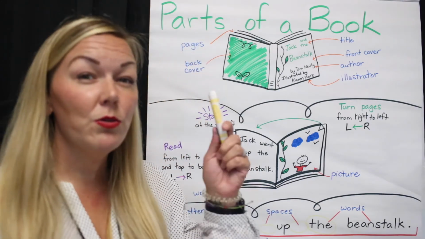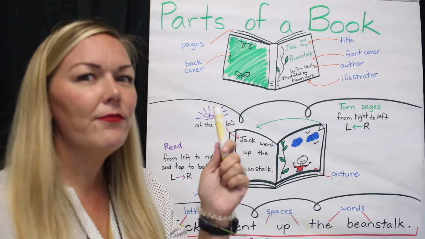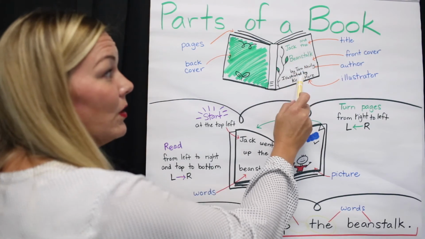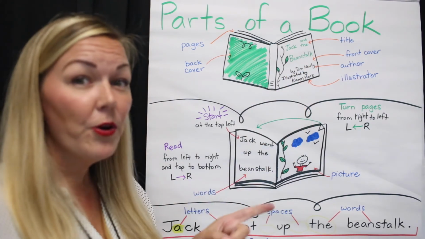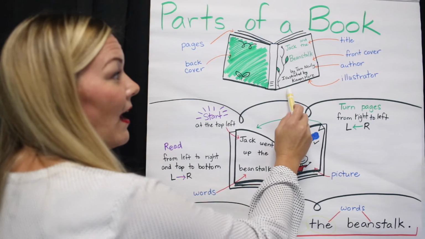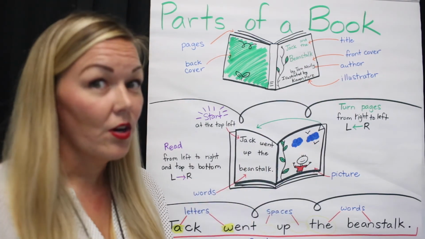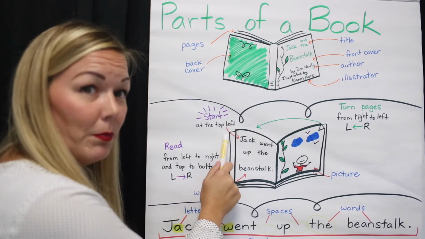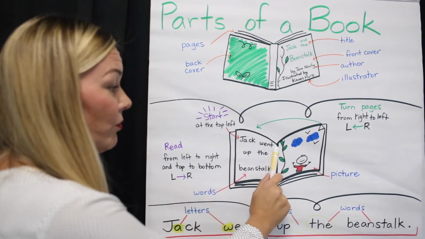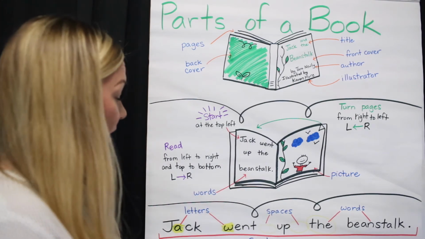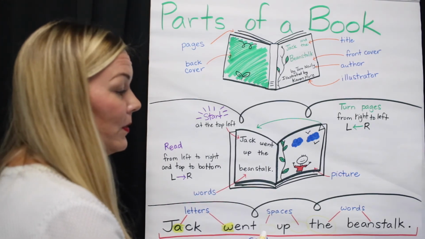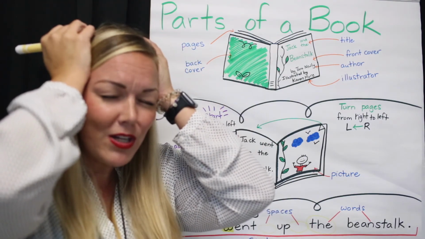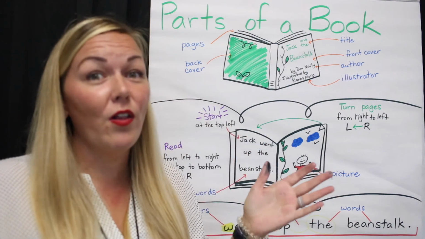So the things that I want you to think about and remember every time your teacher reads a story is that we have a title of the book and an author of the book, and the author writes the words. Then we have an illustrator. Our illustrator draws the pictures, and we start every time at the beginning of the book and we read from left to right. Oh my goodness. I hope you can understand all of the words that are put together in these great sentences and be able to paint a picture in your mind when that book is being read and enjoy all of the books this school